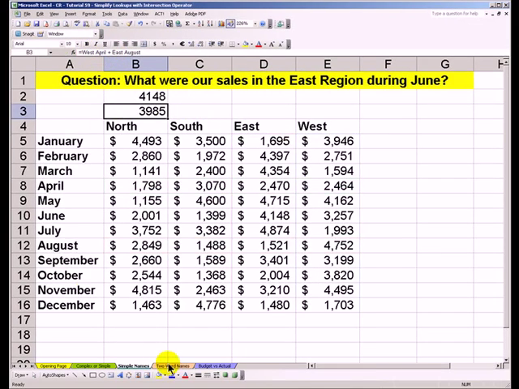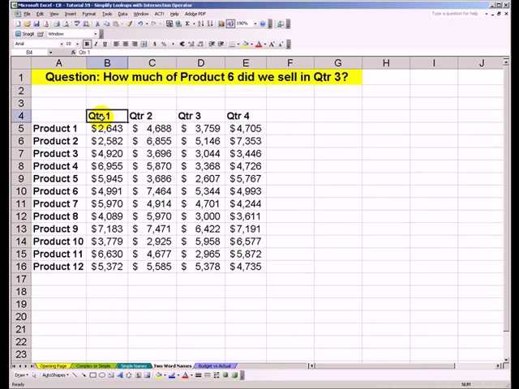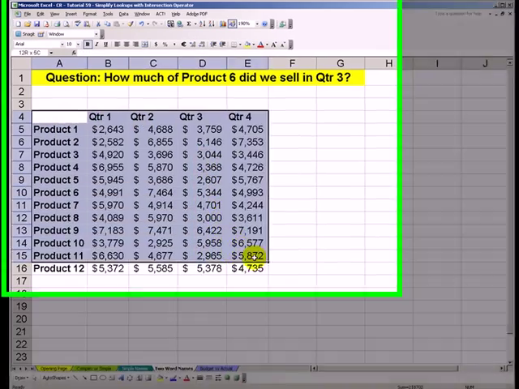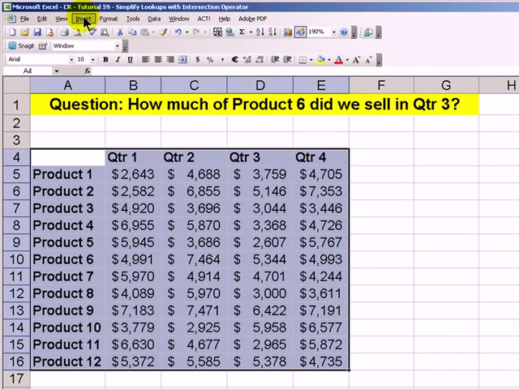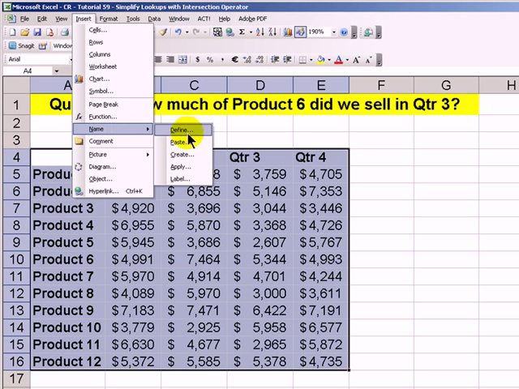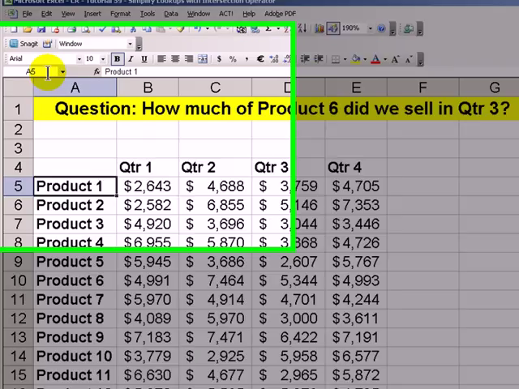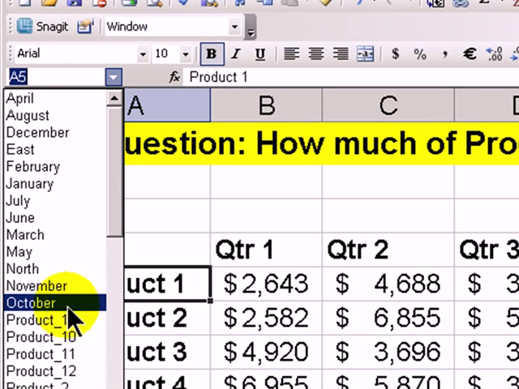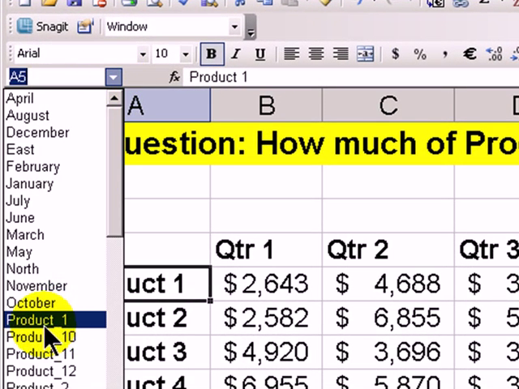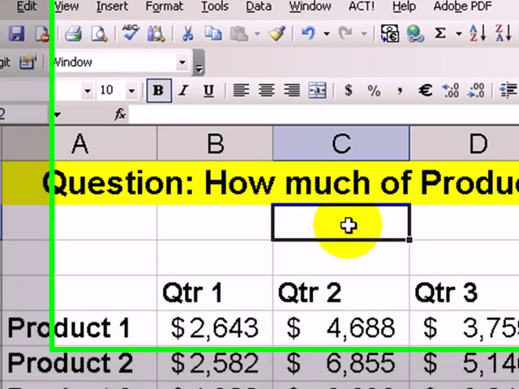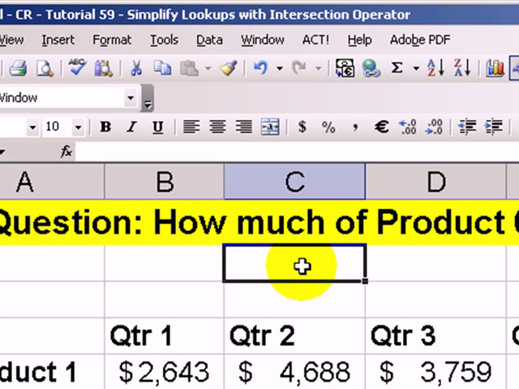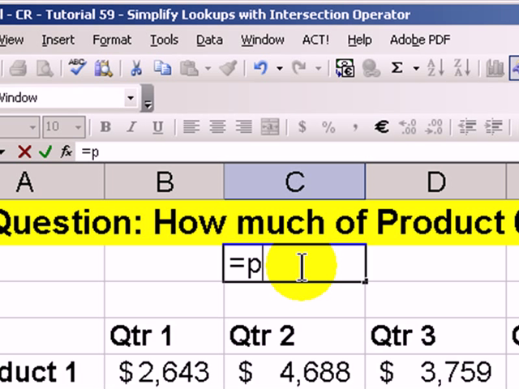Really, it's that simple. When we create names that have spaces in between, Excel, when we use Insert, Name, Create, will automatically supply an underscore. So over here we see that for the product, it's Product_1. So now when we want to see how much of product 6 did we sell in quarter 3, equals product